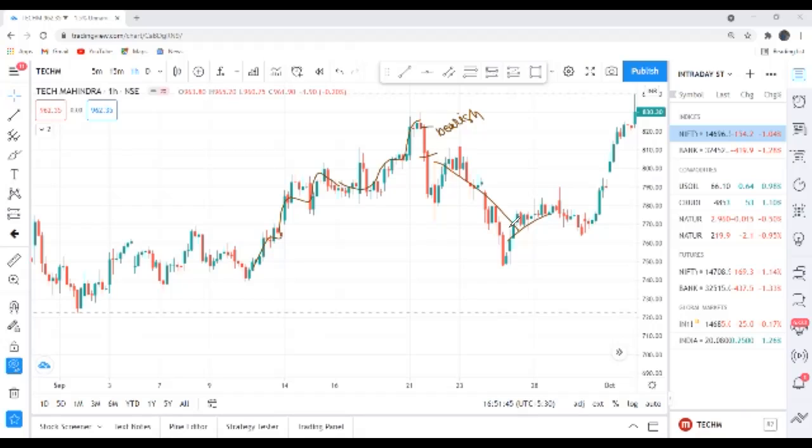Not all the times, but most of the times it will happen. Okay. So 100% it will not happen, but it will happen most of the times. So you have to look into the support and resistance and decide on the entries. But for trend continuation or reversal, we can go with the Marubozu candlesticks. Hope you are clear about how we use the Marubozu candlesticks.